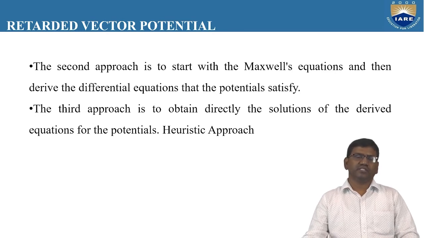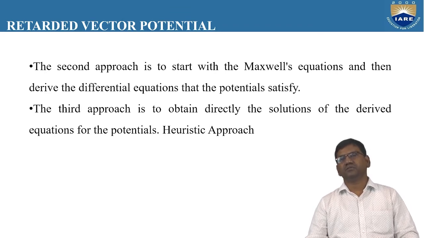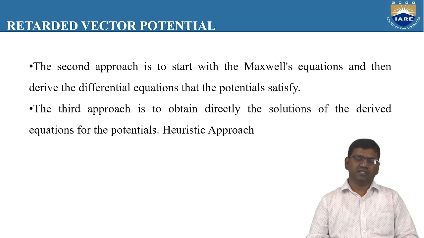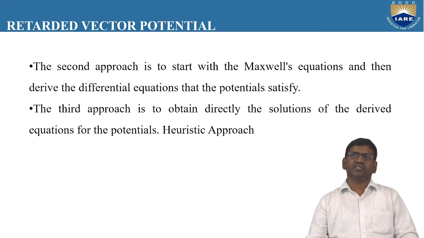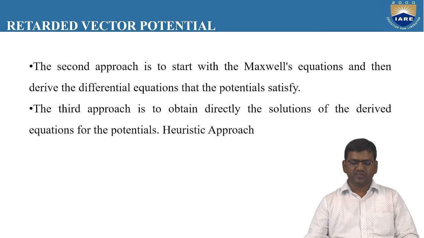In the second approach, we need to start with the basic Maxwell's equations like del cross H is equal to J, B is equal to del cross A, D is equal to epsilon E, and del cross E is equal to 0. All these are known as the Maxwell's equations. And then derive the differential equations that the potentials satisfy. The third approach is to obtain directly the solutions of the derived equations